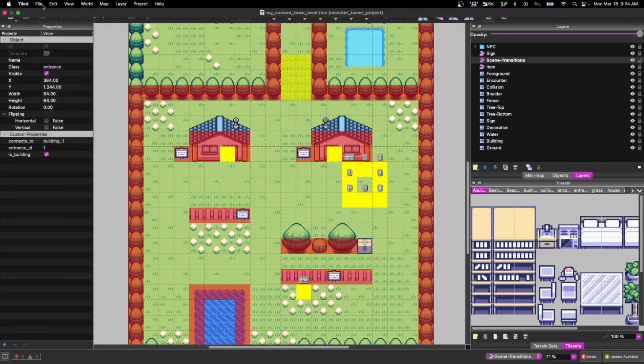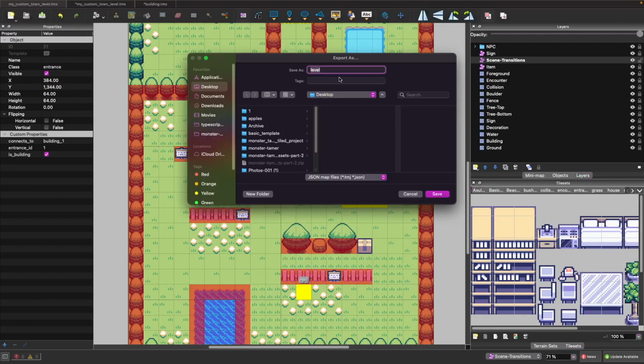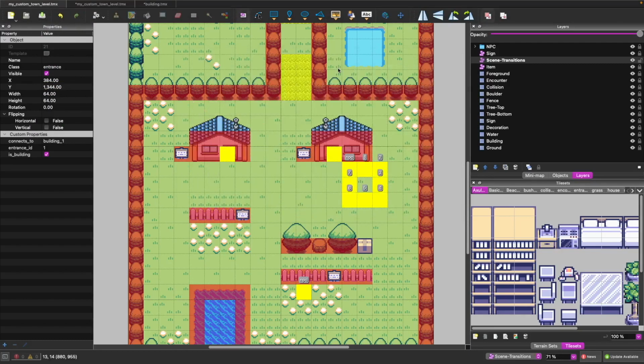And then I'm going to go ahead and export out our new JSON file. So I'm going to do export as, and we're just going to do level.json. And I'm going to place mine on my desktop so I can easily locate it. So now that we've updated our level JSON to have our transitions, we actually need to build out our additional